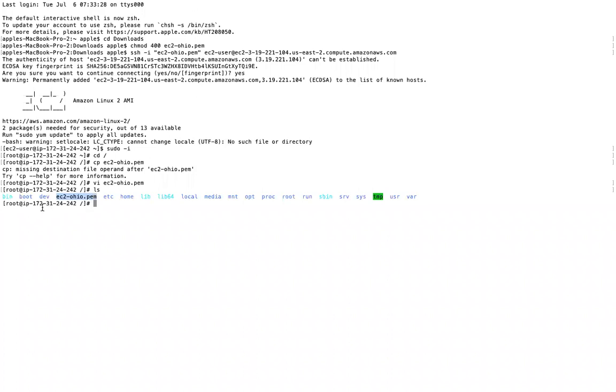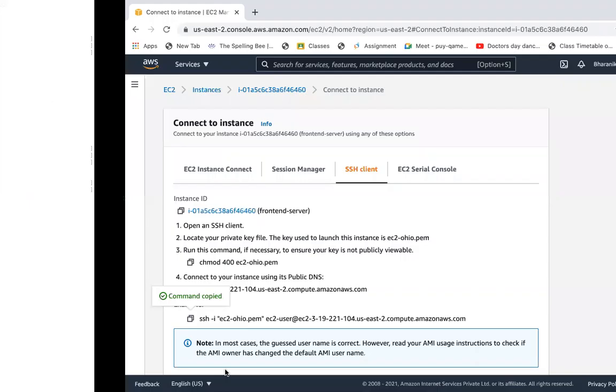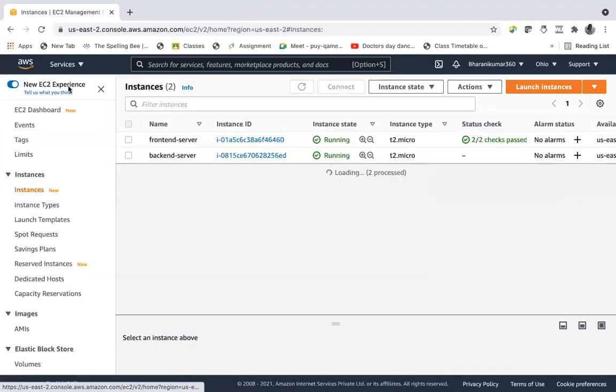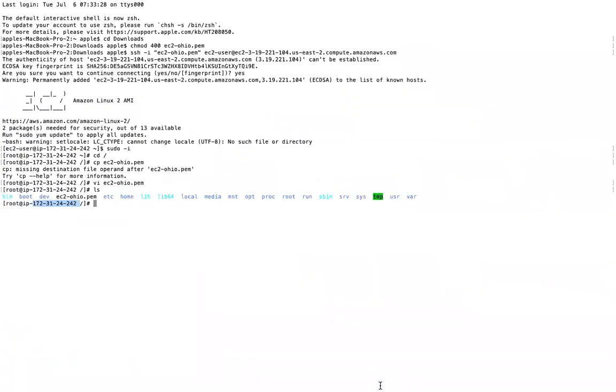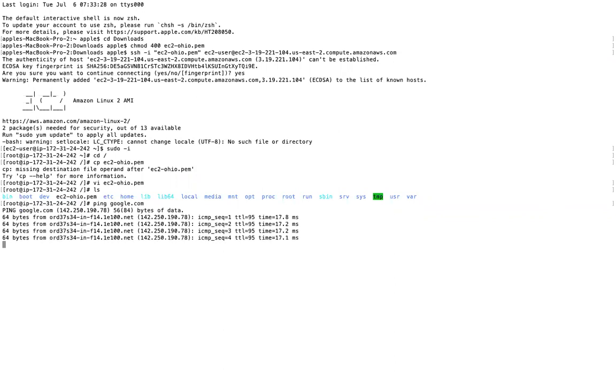And this is my public instance, 172.31.24.242. Sorry, this is the public instance, the private IP address of my public instance. And we know that it has an internet gateway. It can route traffic on the internet. The HTTP rule is there, and you can run the ping command. Ping can be in small or capital. Let's say google.com. You can try with any other web page also. So it's working.